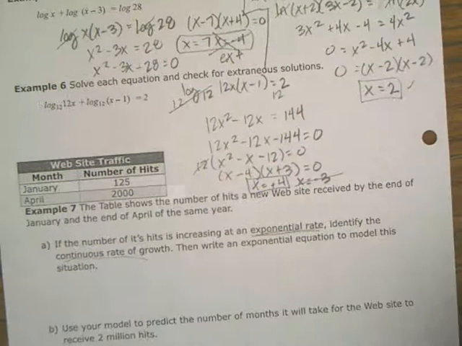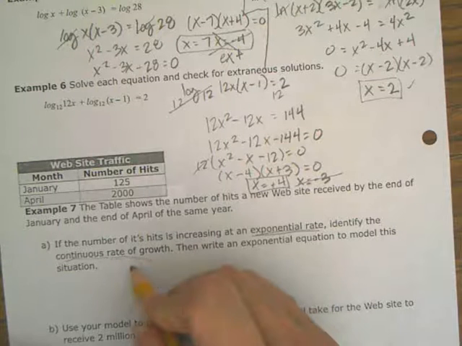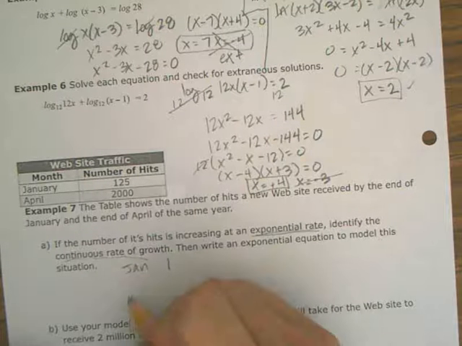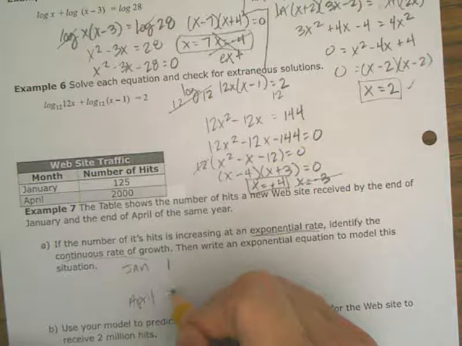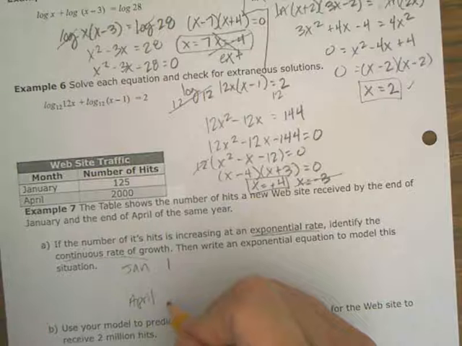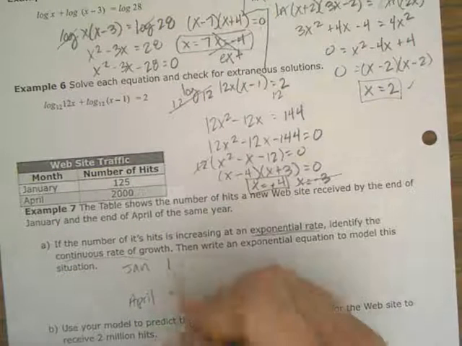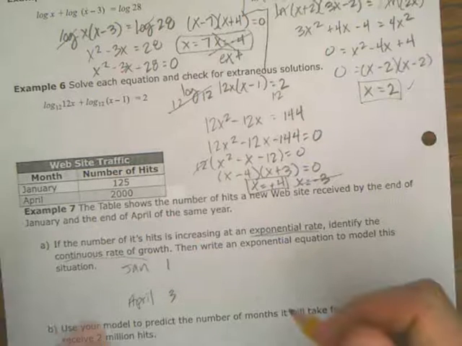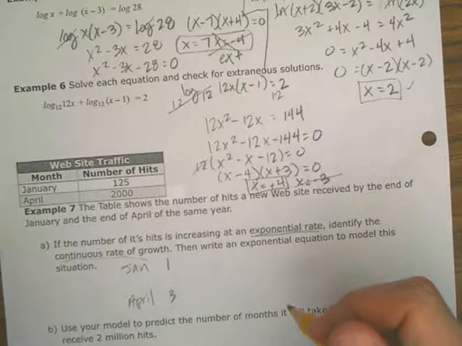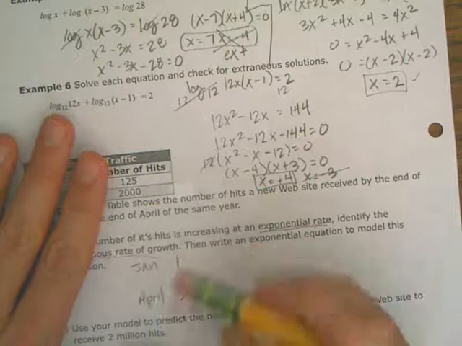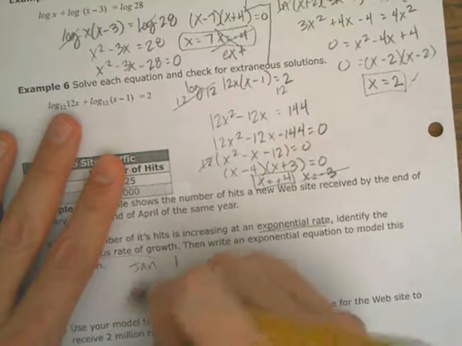January is our first month. April is our January, February, March, April. Wait, January is 1, March is 2, April. There we go. April is our third month. January, February, March. If you're looking at the copy of notes, there's a mistake in here, so watch out. That's going to make this really hard, which probably means I'm going to give up, but we'll see. I'm going to work through it, but that might make the video longer. January, February, March, April,